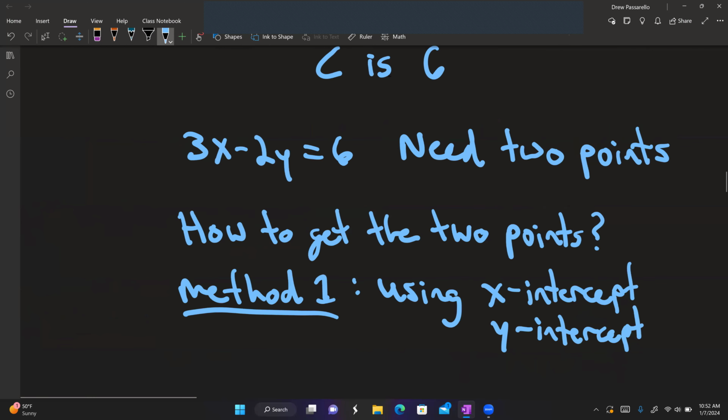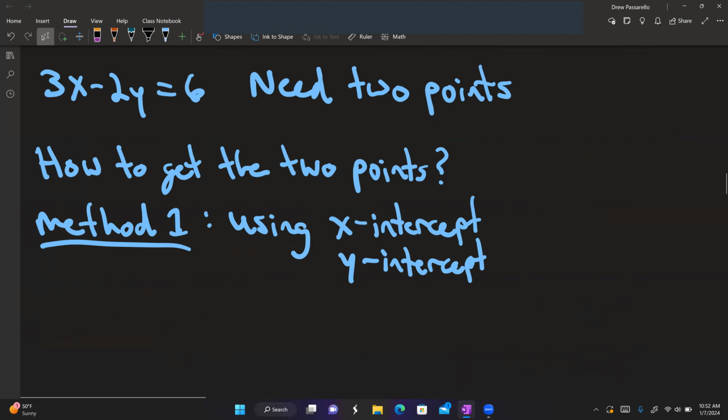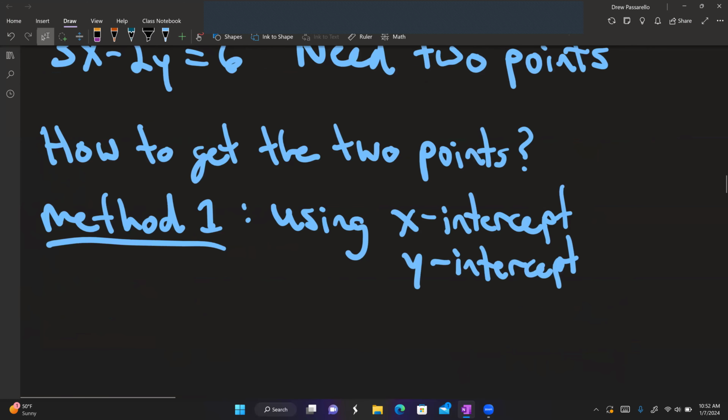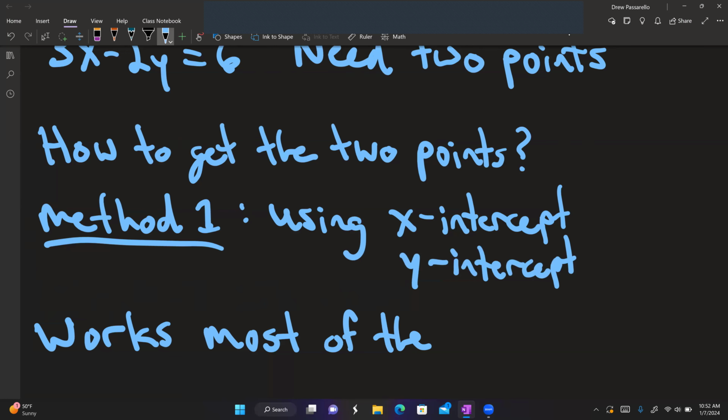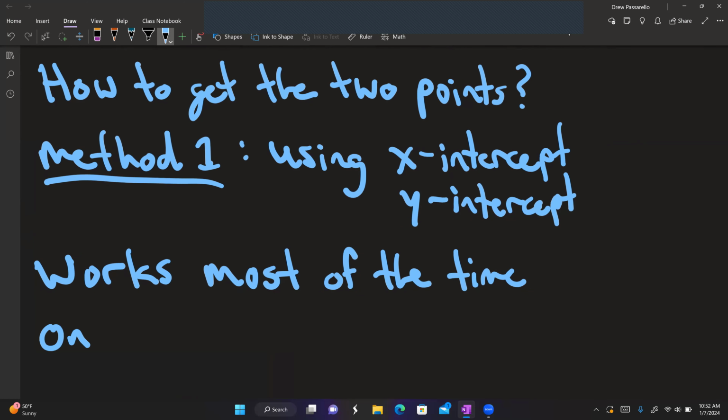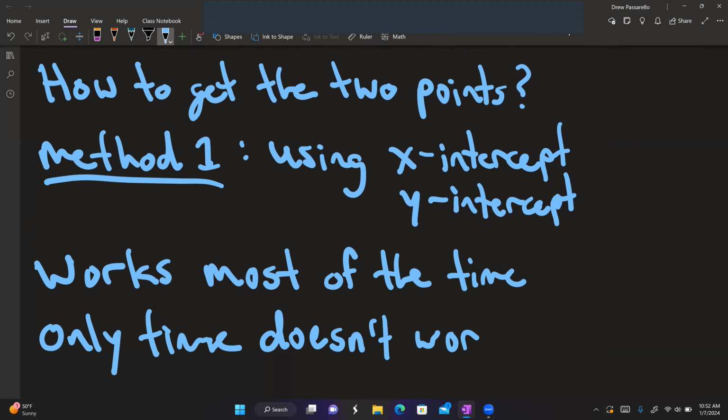All right, that's one of the methods, and it works, I would say, most of the time. The only time that it doesn't work is when,